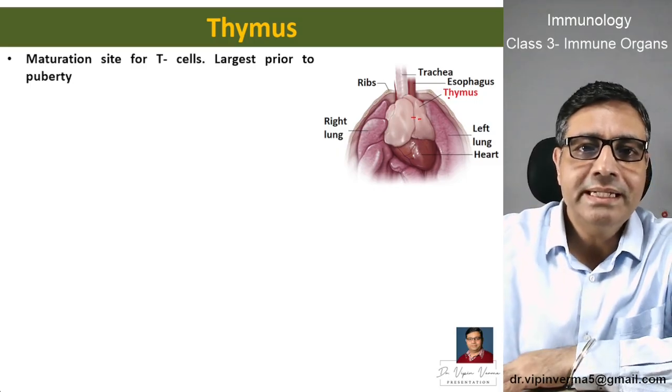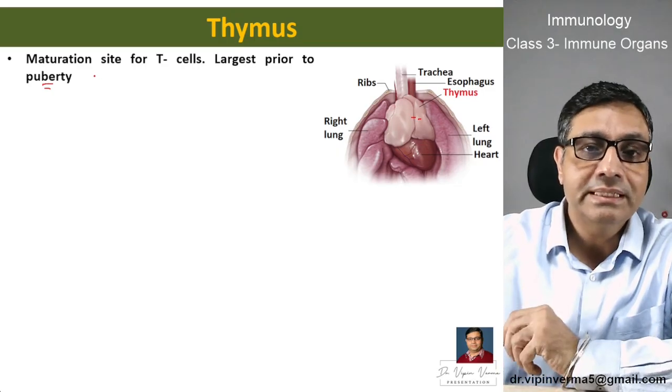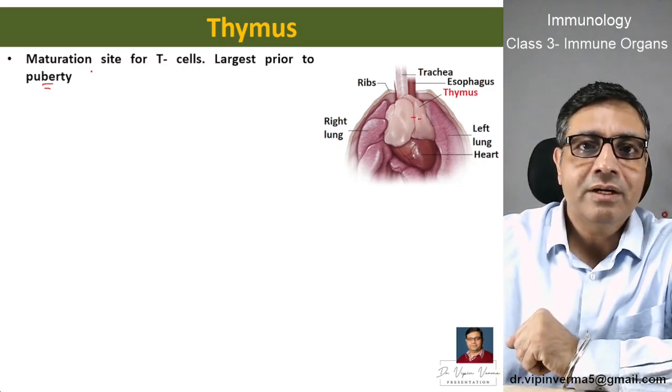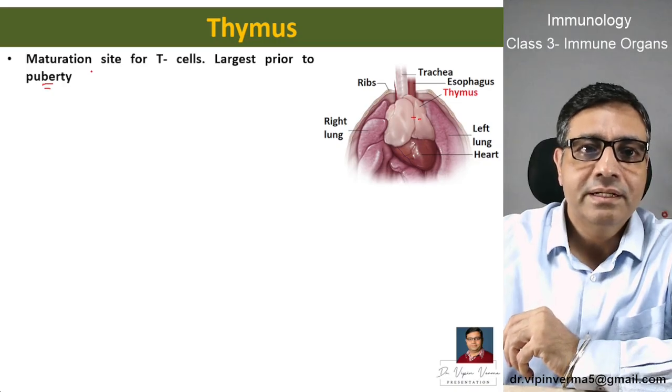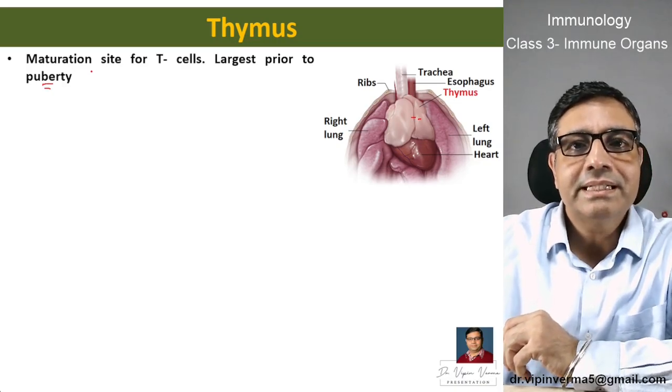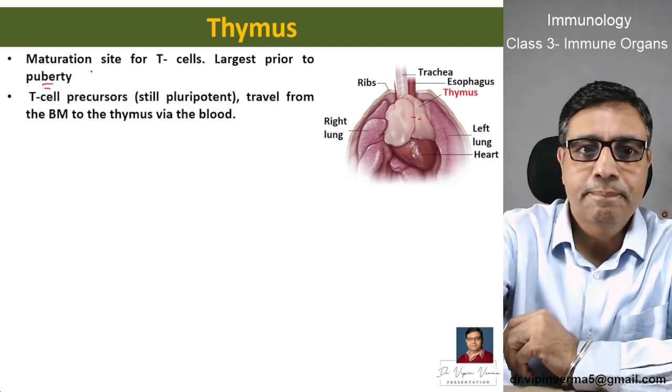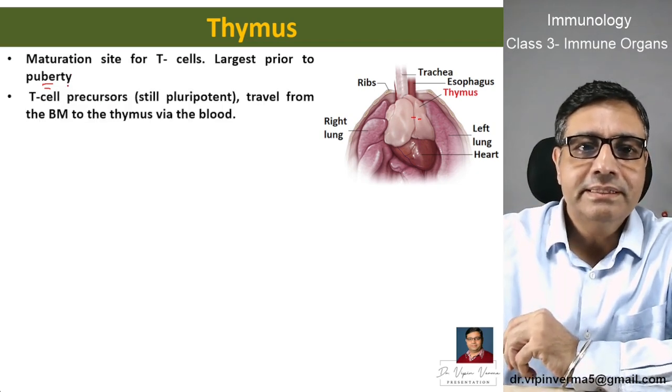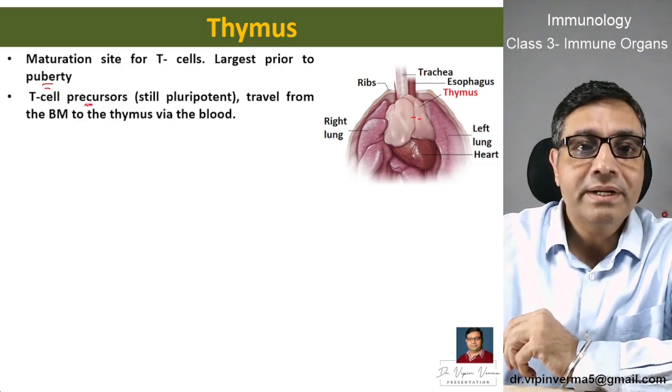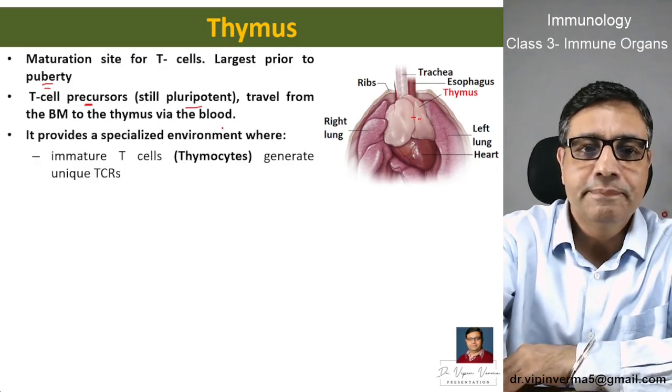So the thymus is a maturation site, and it is the largest prior to puberty. That means before adolescence, the size of the thymus is largest, but as the onset of adolescence occurs, the size gradually reduces. The T cell precursors, not the mature T cells, which are still pluripotent, travel from the bone marrow to the thymus via blood,